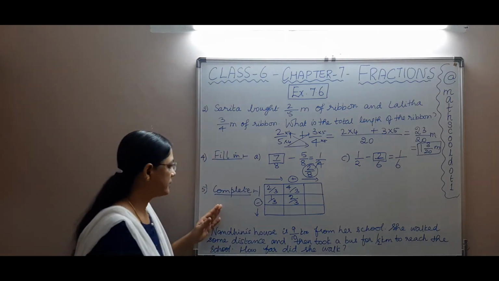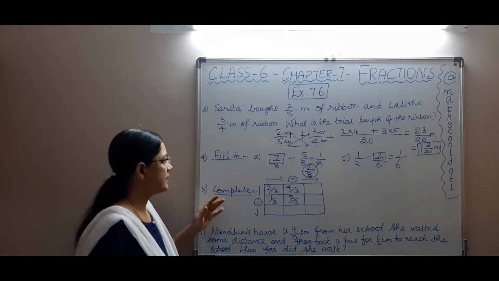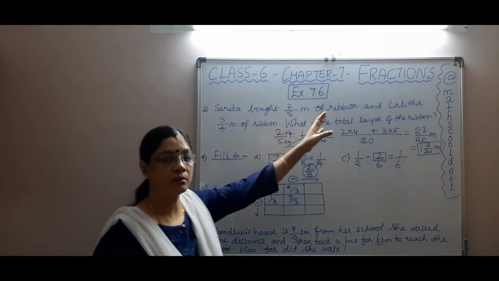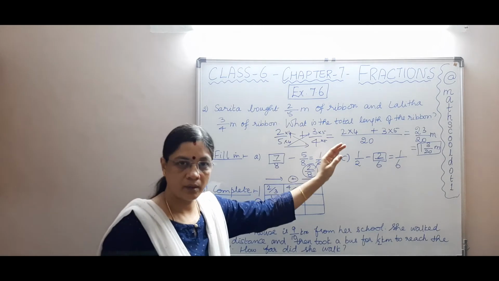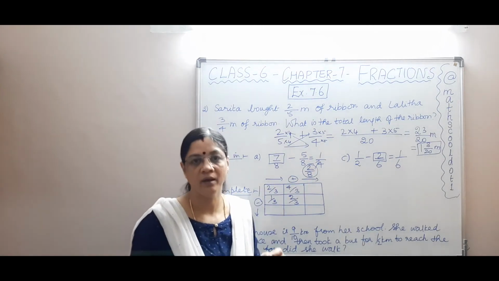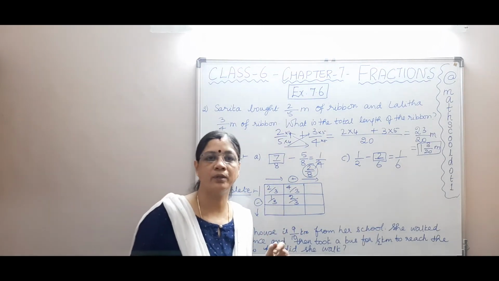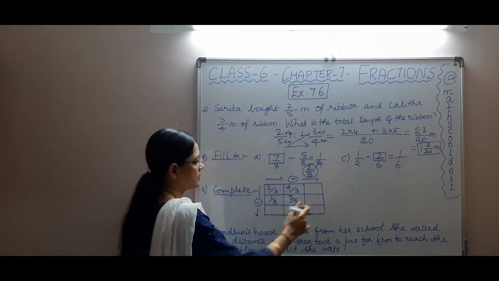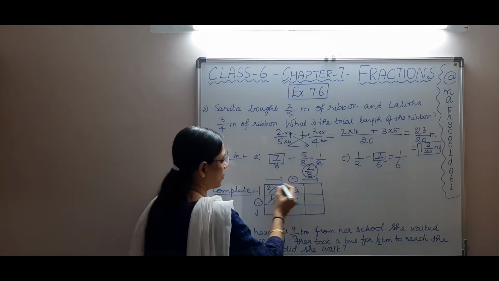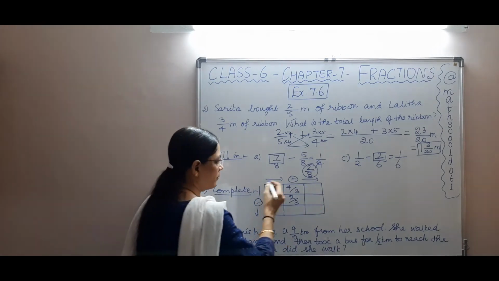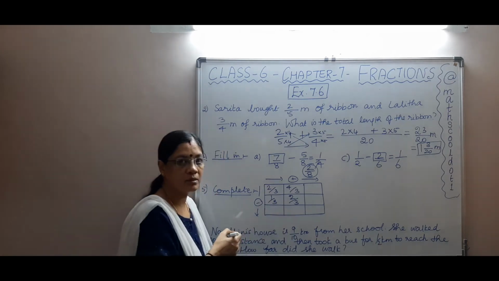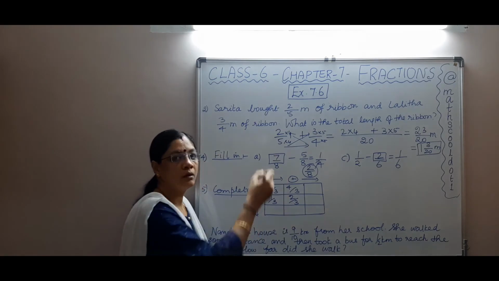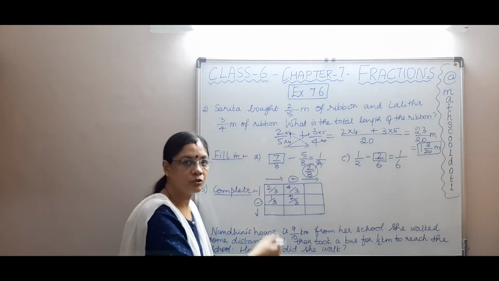Okay. Now the next problem, fifth one is, see, I have done second sum and then the fourth sum I have done here. Third sum is just a similar problem which you are given in the text, and you can try it yourself. Okay, just do it yourself and see whether you get the right answer. Now the fifth one is complete the squares. See what they have given. I mean, across the squares they have given addition, and down the squares they have given subtraction. So we need to add in this direction, and we need to subtract from up to down.